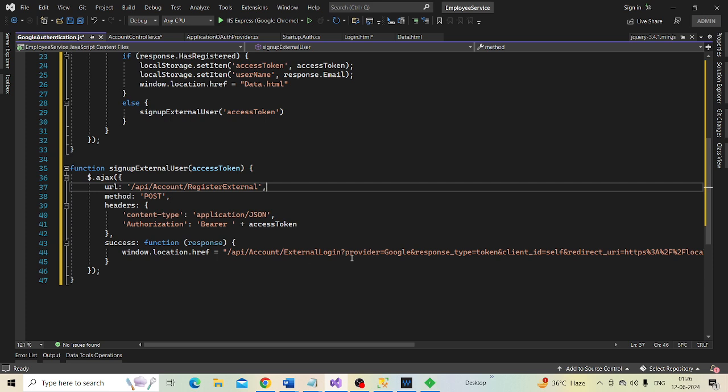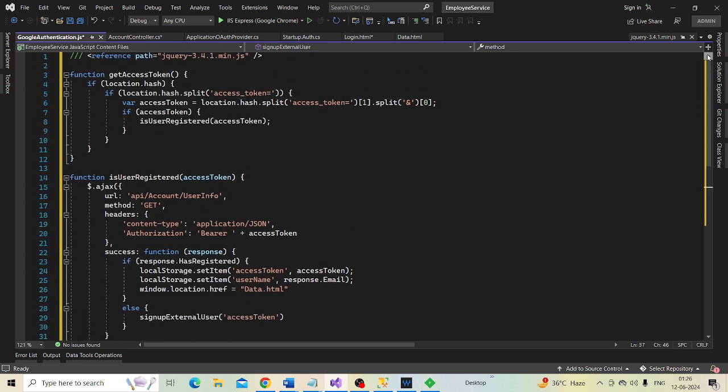And this time again the get access token method will be called. It retrieves the access token from the URL, and then this time the user is already registered with our application.